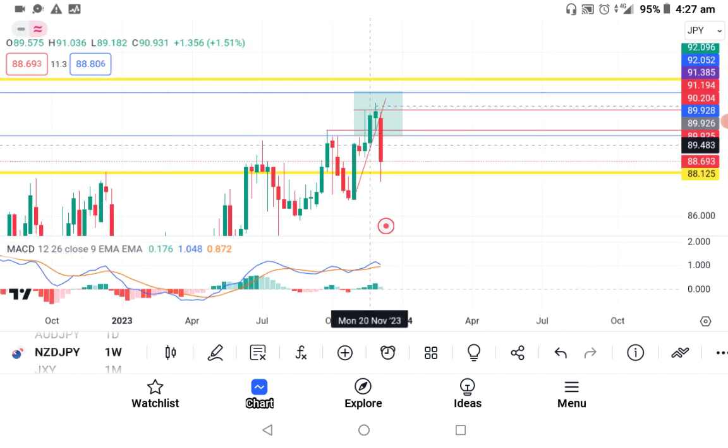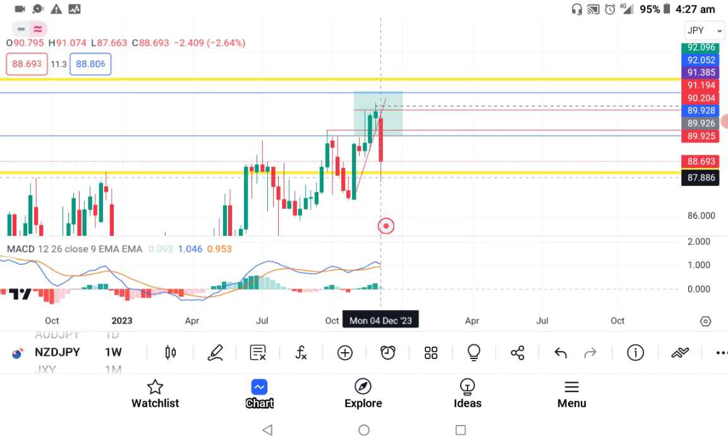So last week it touched our support line and went up, so it's showing more signal that we should buy. So we know for the weekly time frame that this week we are going to buy New Zealand dollar,